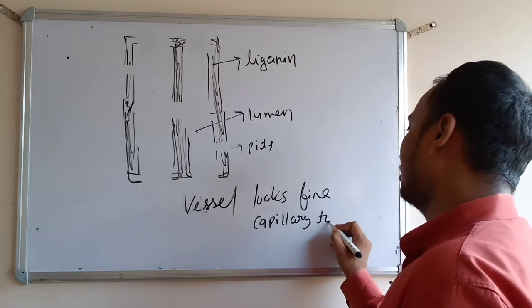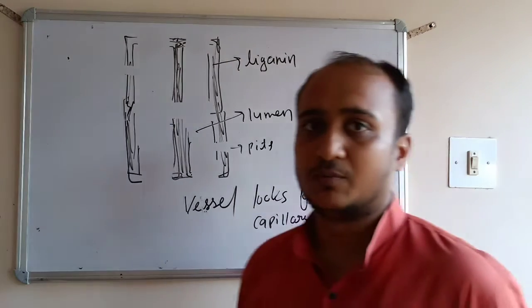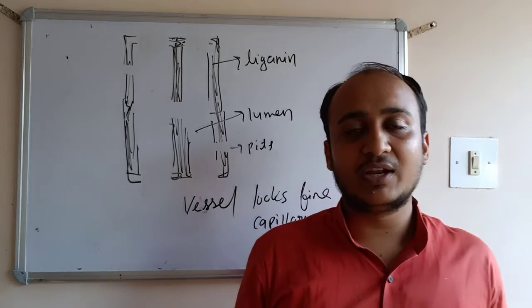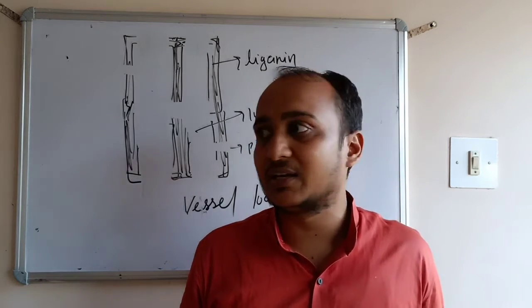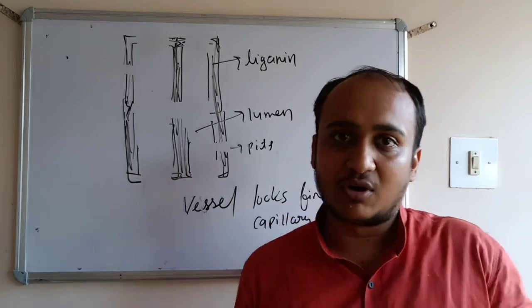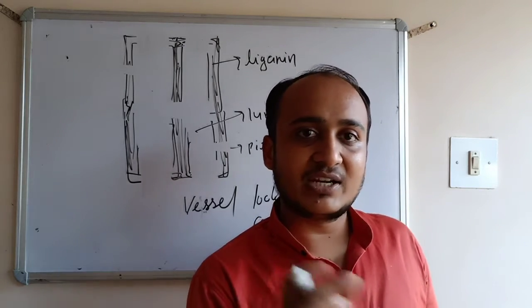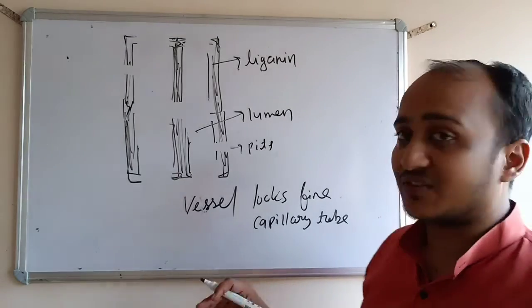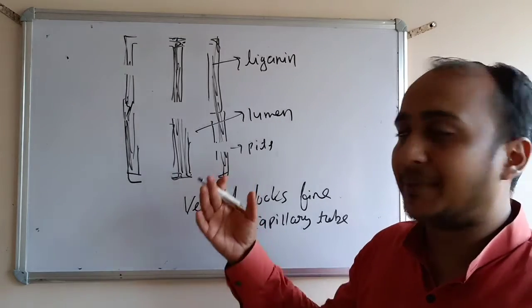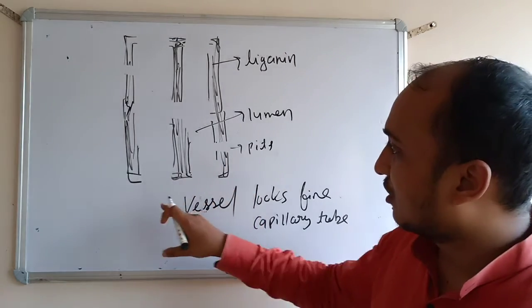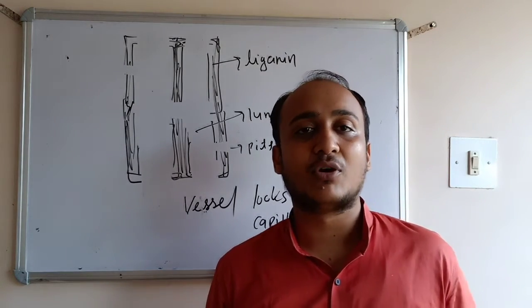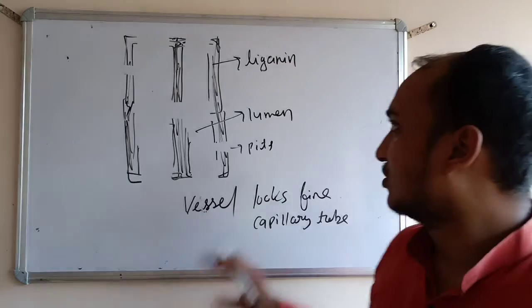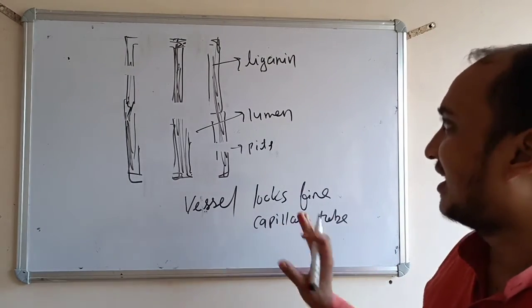And we already know the work of a capillary tube. If we soak one end of a towel in water, the other end will get wet, because the water travels through the fine threads of the towel. In the same way, the water from the roots reaches the top part through the vessel, because the vessel acts as a capillary, and the capillary helps the water to move upward. So this is the structure of the vessel.